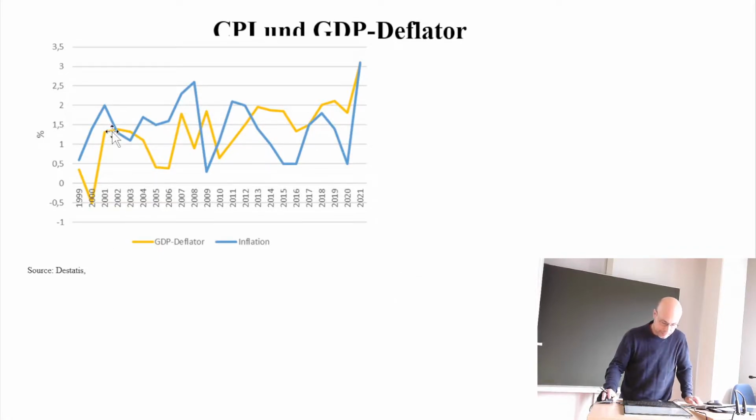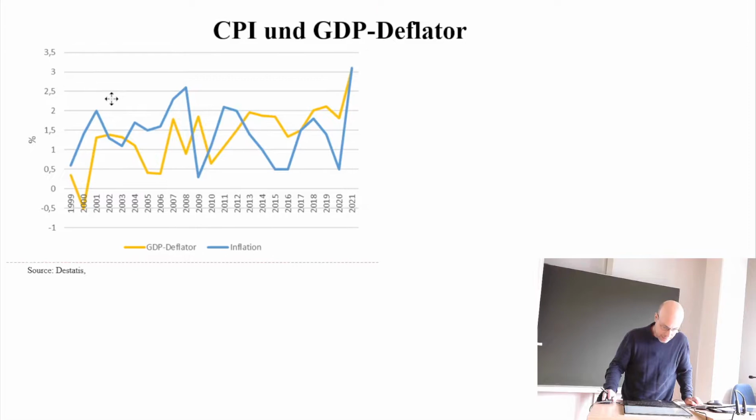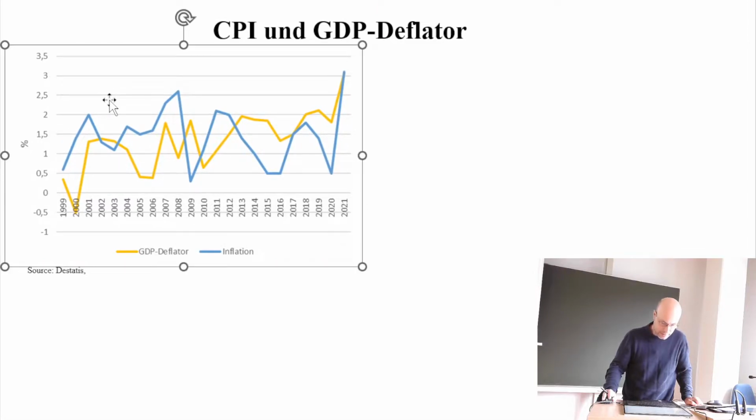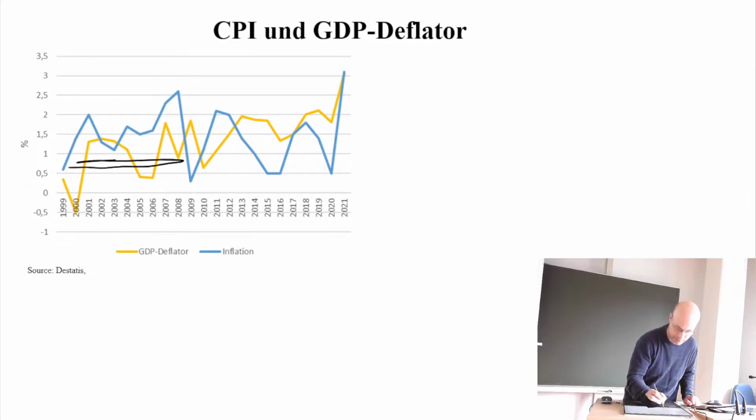And here we have the development of the yellow line, GDP deflator in Germany, and inflation, blue line in Germany, since the last roughly 20 years. And what we see in this picture is that, more or less in general,